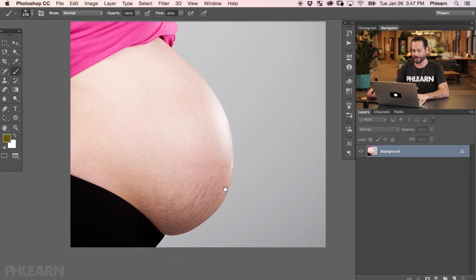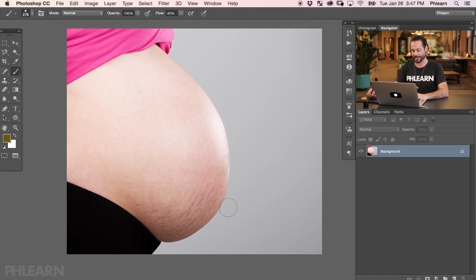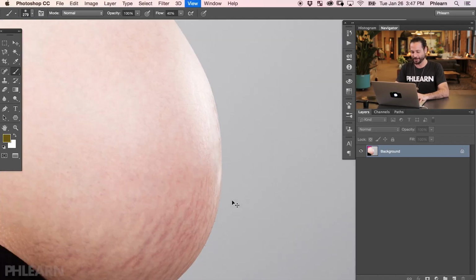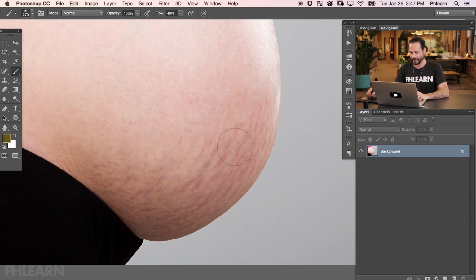Okay, so we've got a stock image. This is from adobestock.com. This is a picture of my belly. I uploaded it myself. Not really. And we've got some stretch marks. So we're gonna take a look at kind of like what is going on with the stretch marks. And we see they are a little bit different color. They're a little bit darker, they're a little bit more red, and they do have some texture that's not the same as the rest of the stomach.